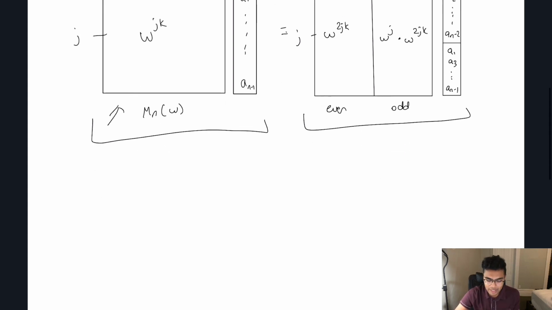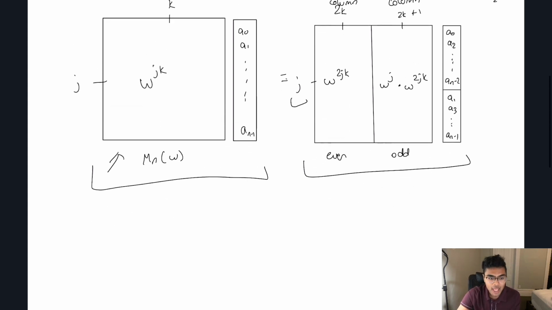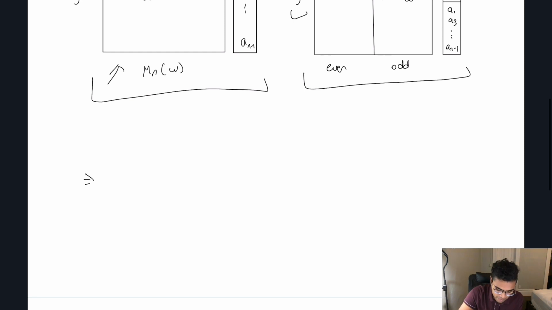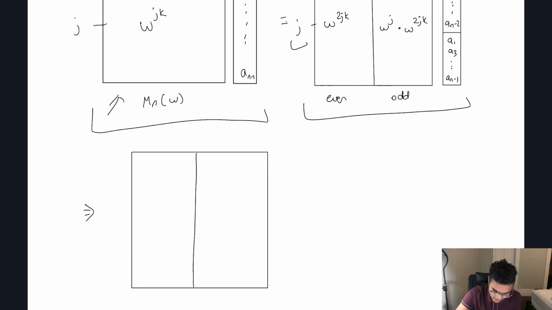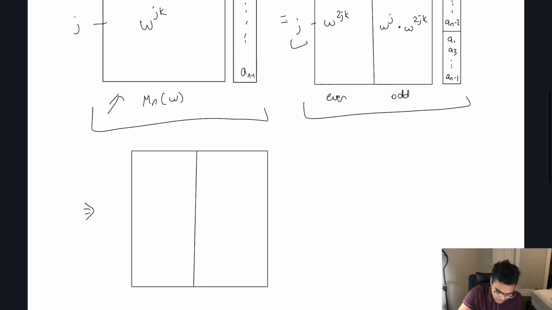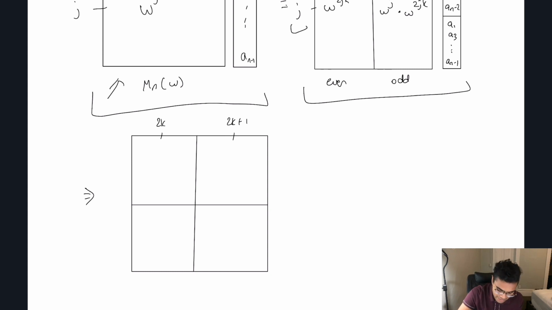If you break this down even further, you can split up this row j into rows j, and then rows j plus n over 2. So again, just offset by half. And so I'm going to go ahead and draw the final diagram to explain the intuition here. Over here, again, is my box. Let me draw this out. We have our even and odd columns that we just discussed. So we have 2k for our column over here, 2k plus 1 for a column over here. And then let's divide this in half as well. We're creating these 4 components where each one corresponds to a row. So here this will be row j, and then this will be row j plus n